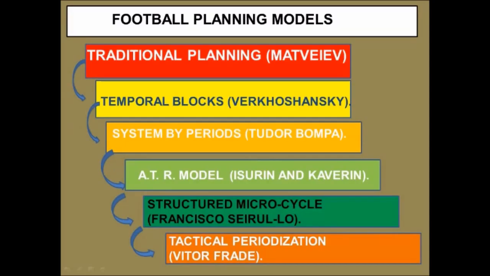So normally planning or periodization in sports, and especially in football, soccer, went through different stages. It started many years ago, from sports that were related to track and field and athletics. Especially based on the Soviet school, who were really advanced in this area, they started applying the type of planning and structure of preparation similar to what they used in individual track and field sports. So Matveyev was the first author, then Verkhoshansky came after that, both from the Soviet school, and then Tudor Bompa was a little bit more recent.